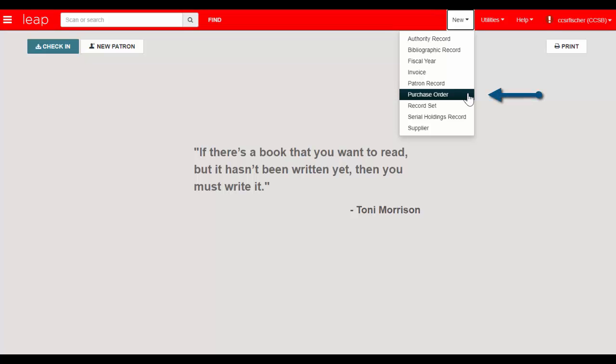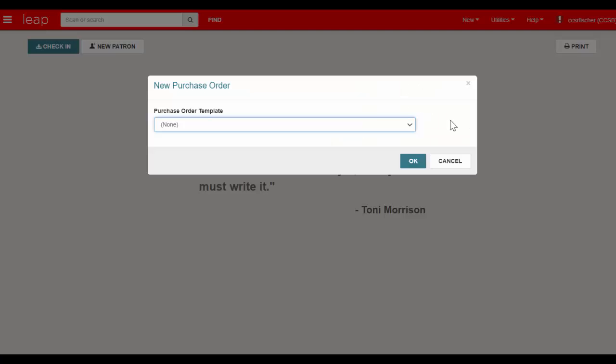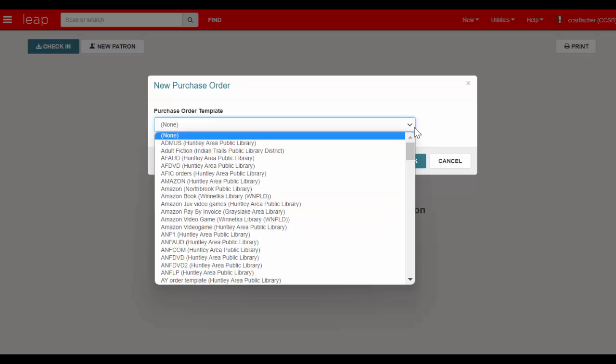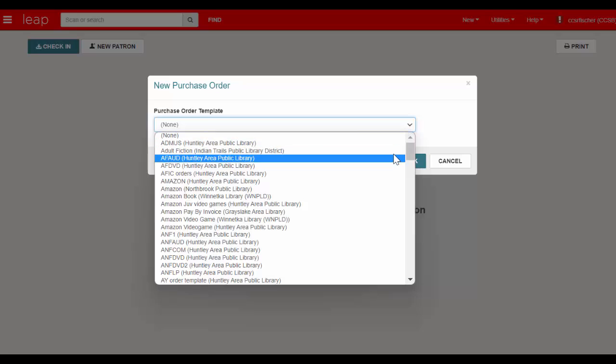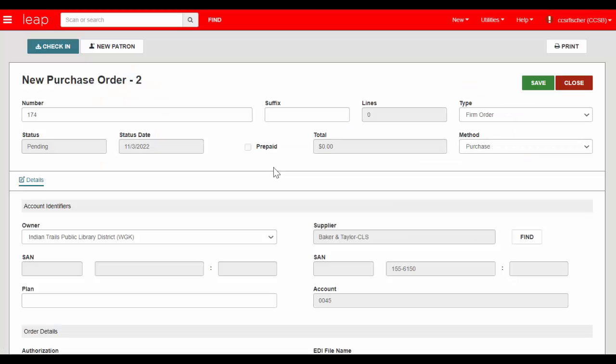Then select Purchase Order from the menu. The new Purchase Order dialog box will appear. This includes a drop-down menu for the purchase order template. If you'd like to select a purchase order template, open the drop-down menu to select the purchase order template. Then press OK. If you selected a template, the purchase order work form will open with the supplier section populated